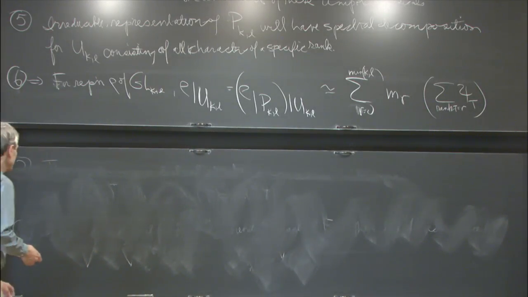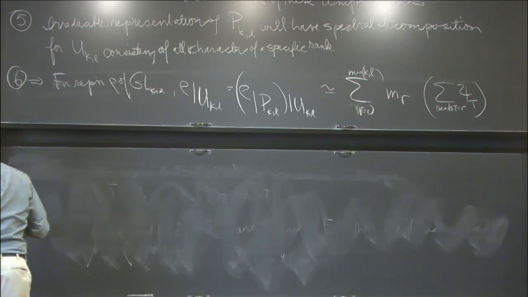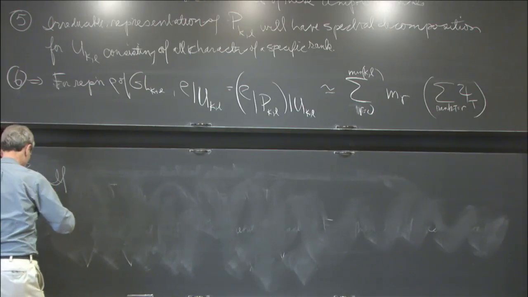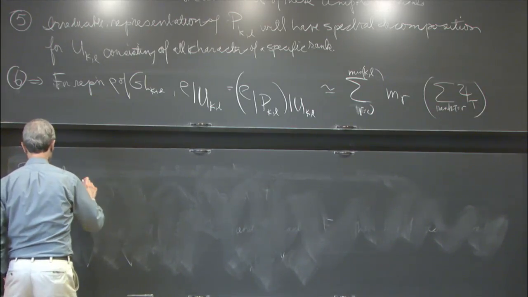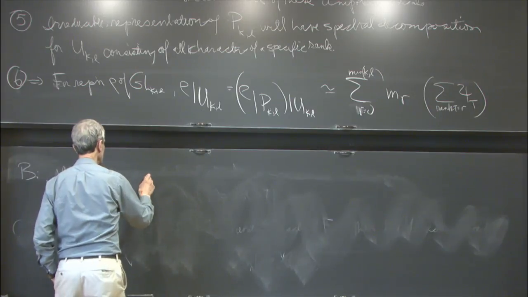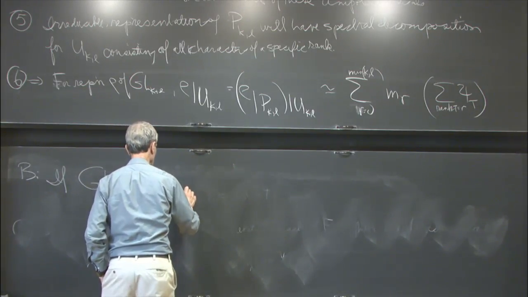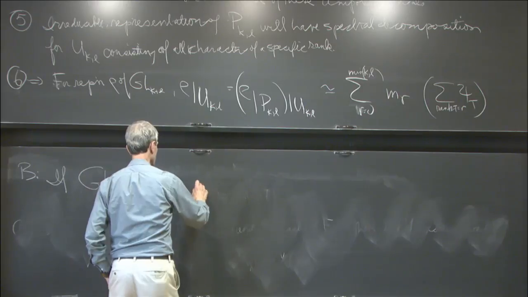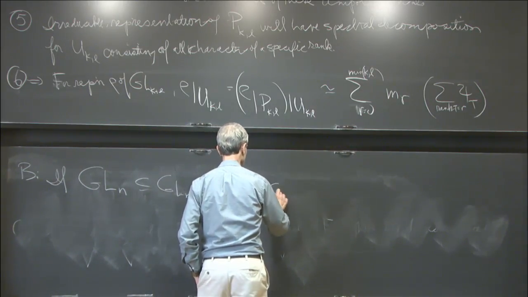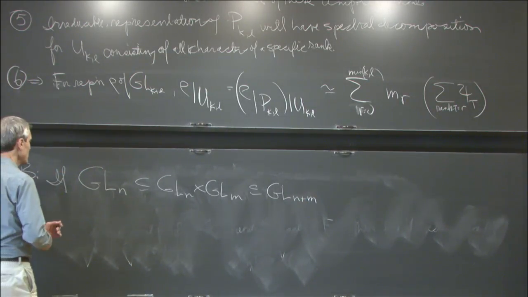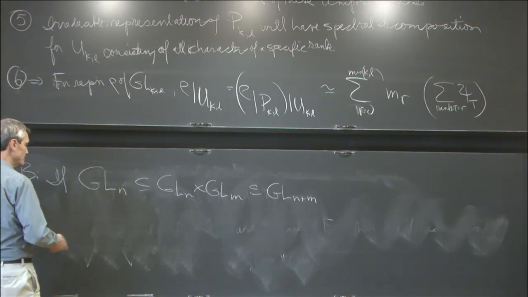You can observe that, I'll call this A, and B is that if we have GLN contained in GLN times GLM contained in GLN plus M, embedded as block diagonal matrices,